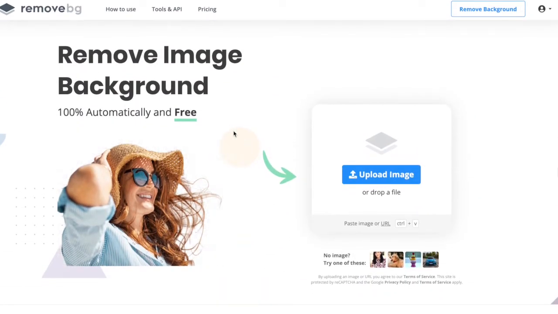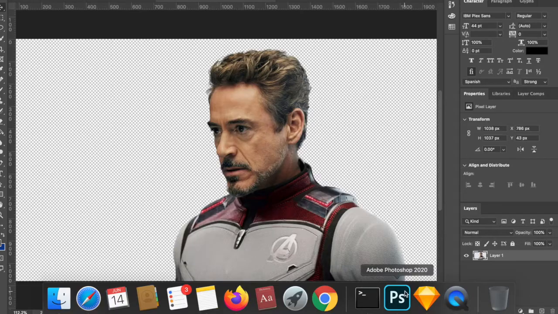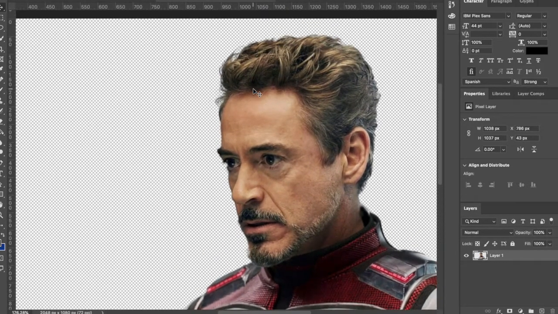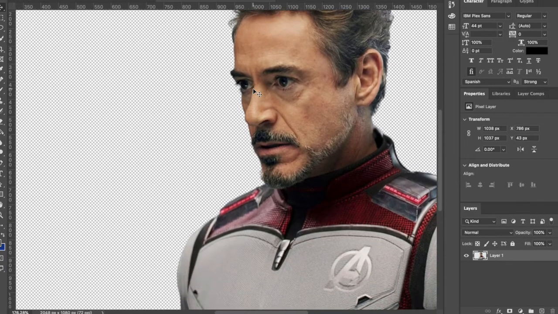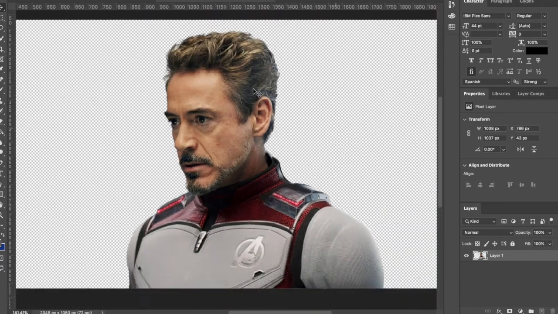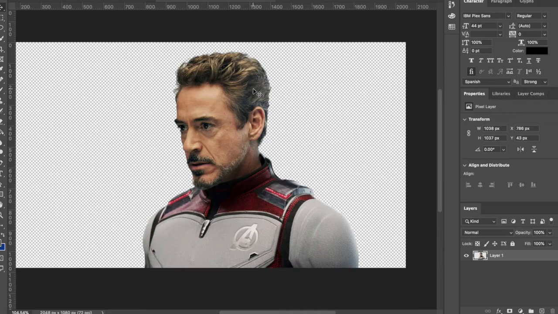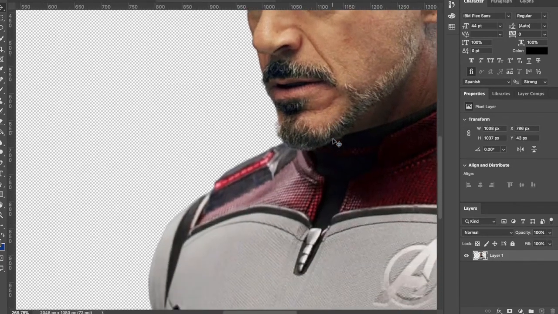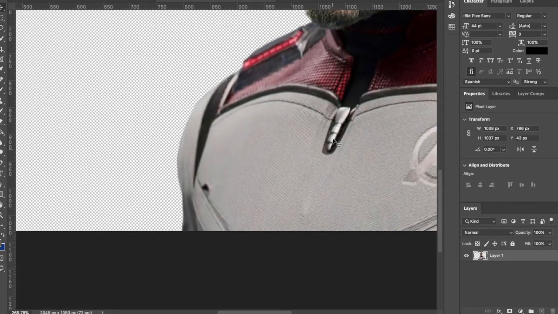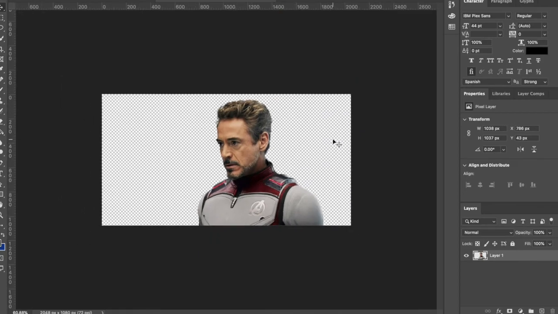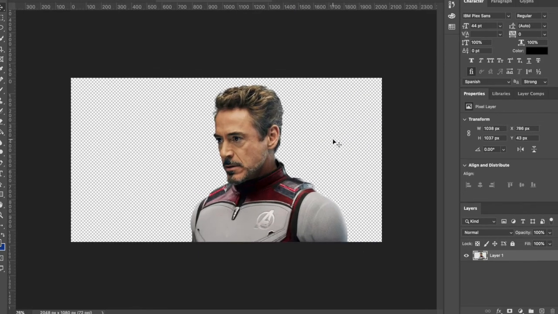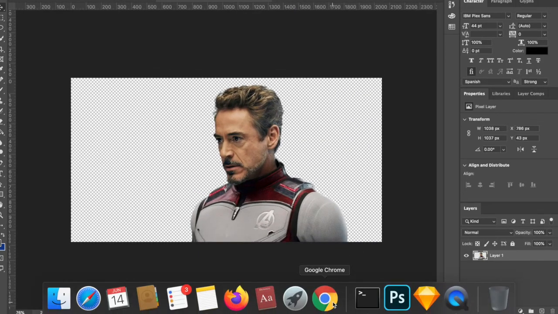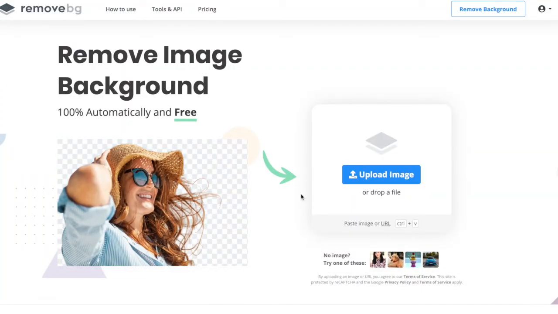So as I told you before, I've used that 1 credit and I've downloaded one high-res image. If you notice here, the cuts are very precise and it's super clean and the quality is super good. So in case you have a use case of removing background for multiple images, say if you are in an e-commerce platform where you get to remove background for a lot of products, you can make use of RemoveBG for this. So what you are waiting for? Go ahead and try this